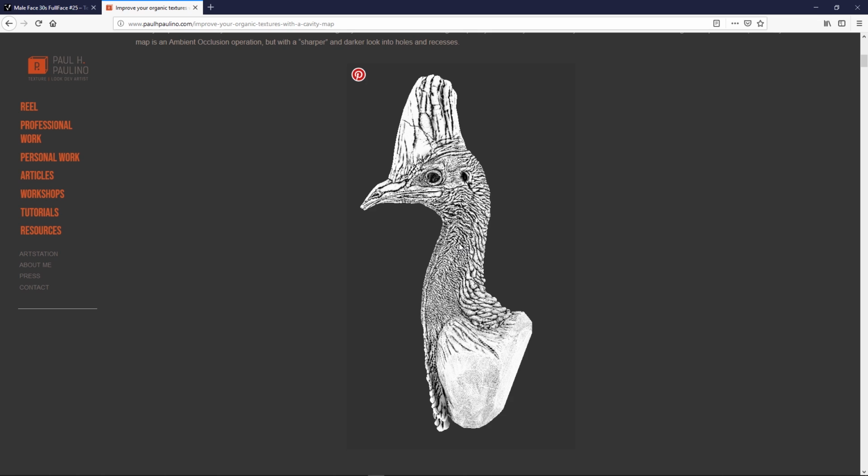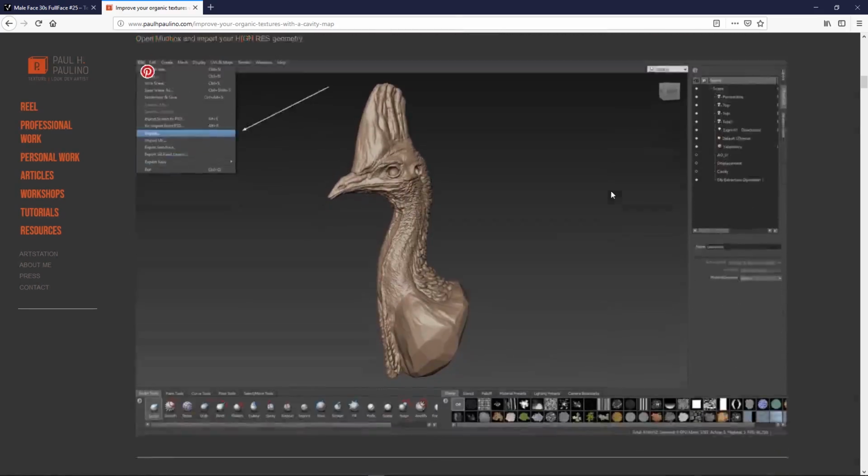Remember what we said before about how you shouldn't really have any shadows in your color map? Well, this is where we put shadows into our color map. It just makes it read better. It doesn't have to be multiplied on top where it's black. You can also add color into this. You can add a bunch of variation into this.